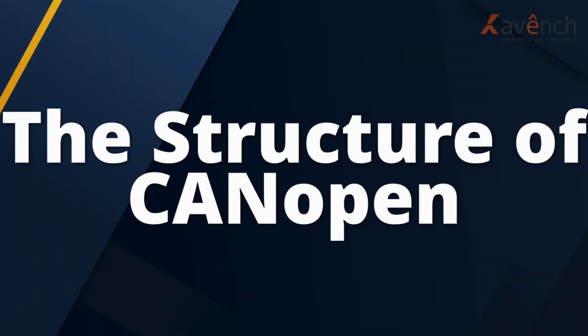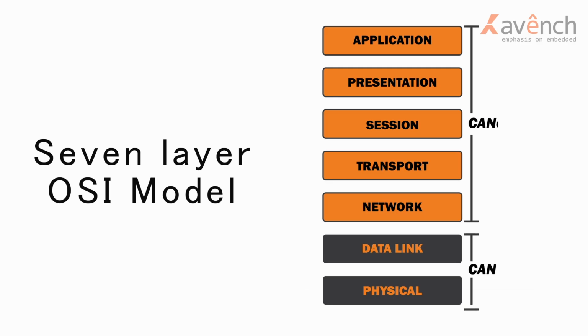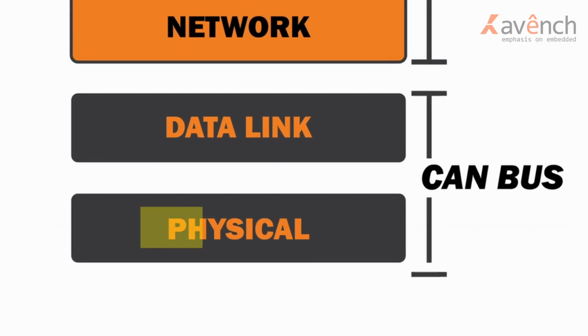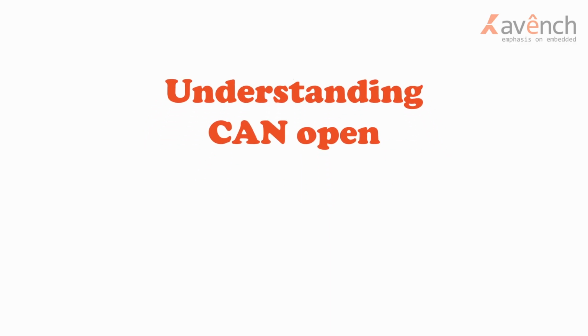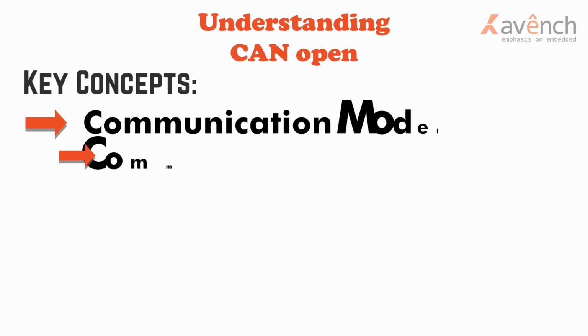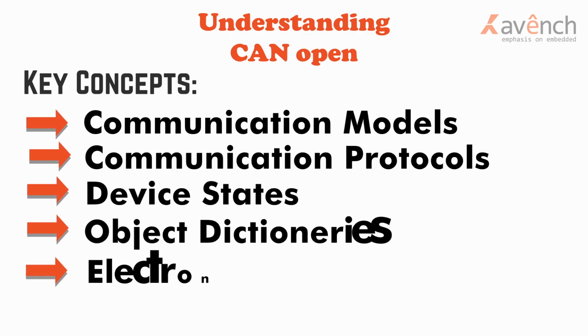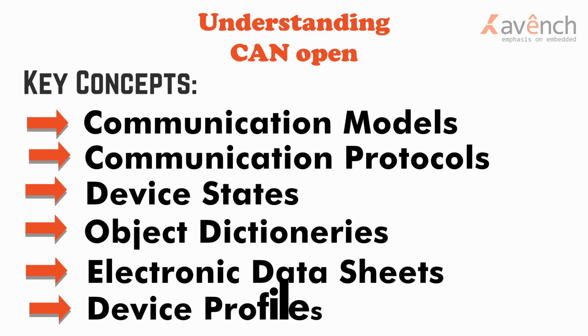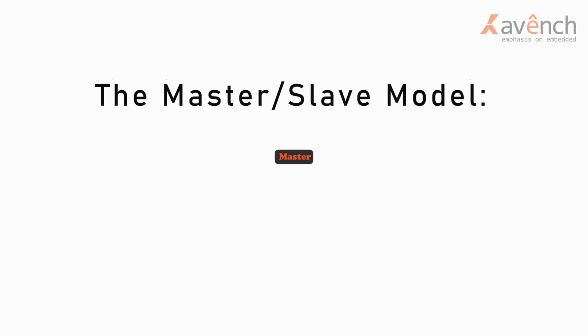The structure of CANopen can be understood within the context of the 7-layer OSI model, where the CAN bus operates at the physical and data link layers. Understanding CANopen requires knowledge of several key concepts, including communication models, communication protocols, device states, object dictionaries, electronic data sheets, and device profiles. There are three main models for communication: the master or slave model, where a master node requests